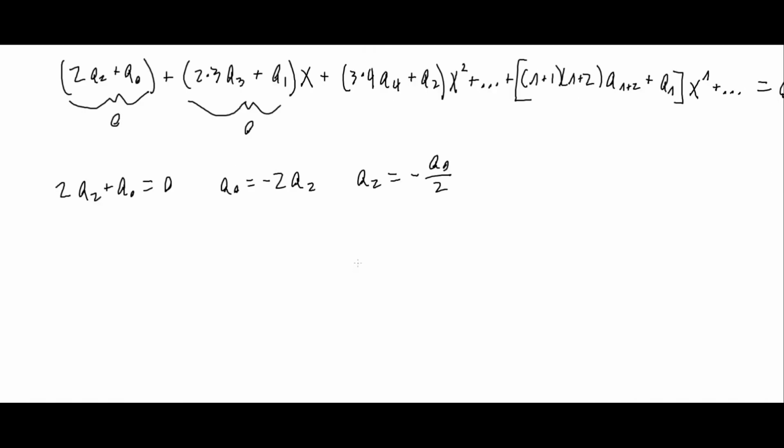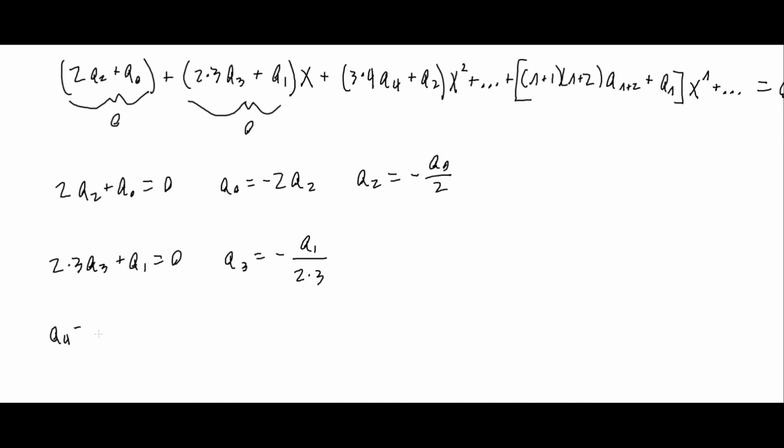And then we can do the same thing for our 2 times 3a3 plus a sub 1 equals 0. Then we can use that to say that a sub 3 is equal to minus a sub 1 over 2 times 3. And then if we have our a sub 4 here,